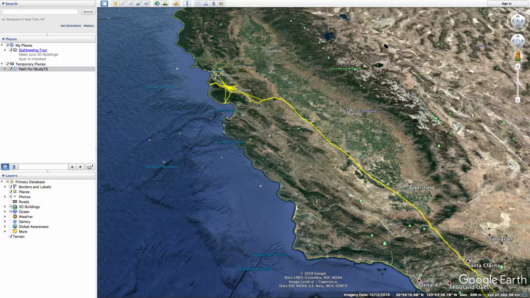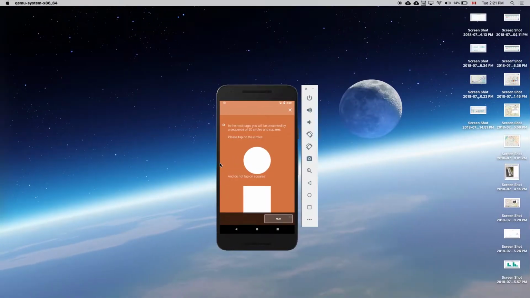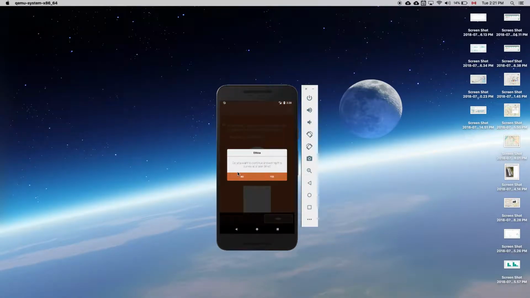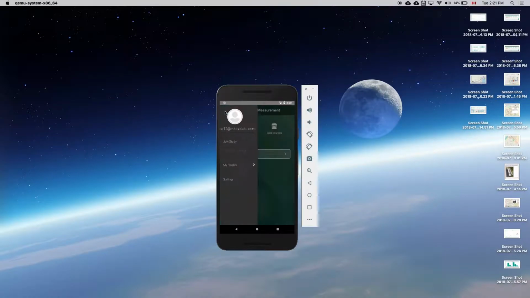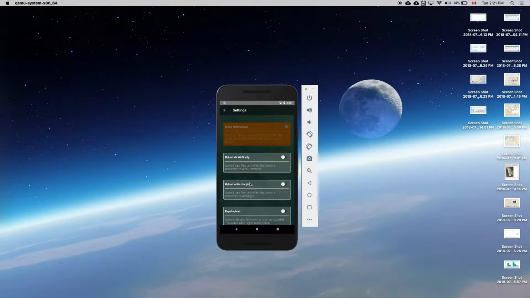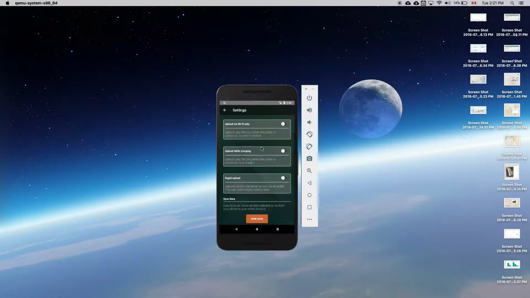Maybe I'll just say that if you have your phone, you could see in the upper left... Oh, I can show it here. Yeah, sure. On the simulator. There's a menu, and not only can you use that to pause your data collection, but you can also use it to set your settings. For example, do you allow it to upload with Wi-Fi, or do you restrict it to Wi-Fi, or do you allow it with cell data, or does it allow for rapid upload, which would mean the data is being recorded